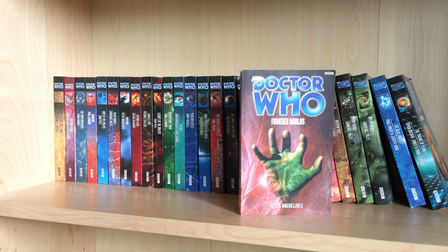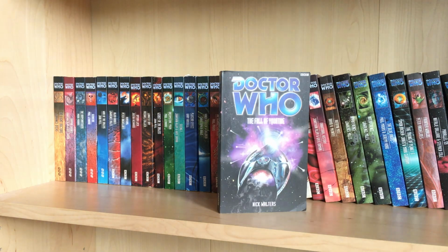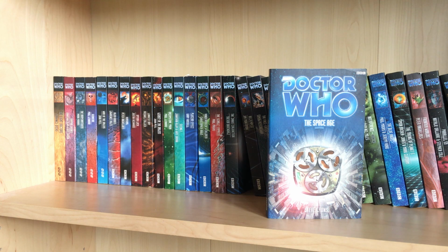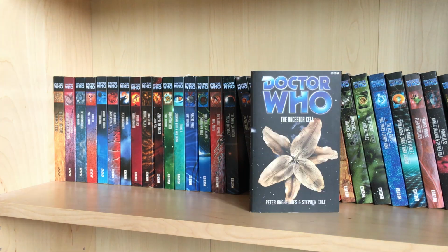So, the ones I own but haven't read yet are Parallel 59, The Shadows of Avalon, The Fall of Yucatan, that one I can't really pronounce, which I appear to have 2 copies of again. Then there's The Space Age, which is where my collection starts to have gaps. I don't have all of the EDAs after this point. But I do have the Banquo Legacy, the Ancestor Cell, which I'm really looking forward to because it's the next